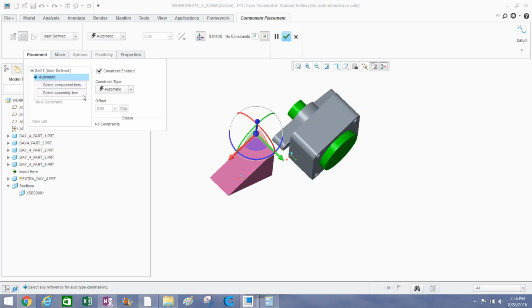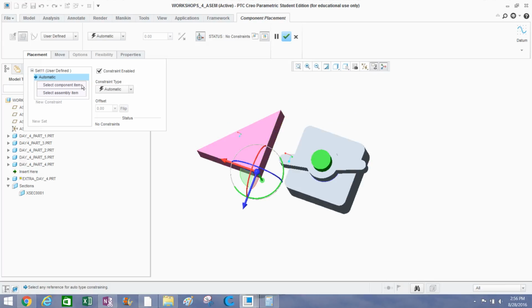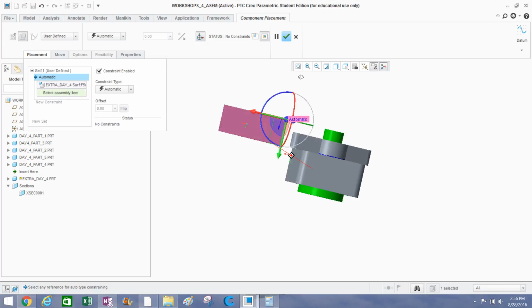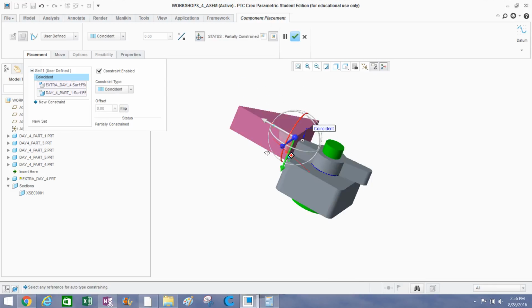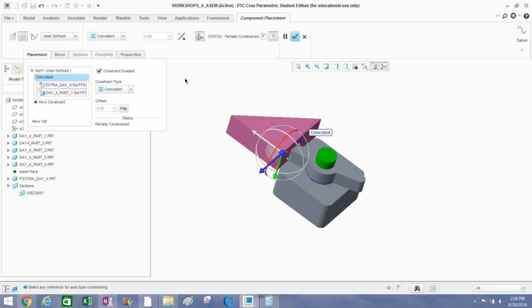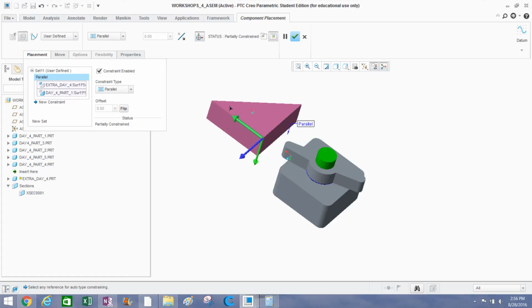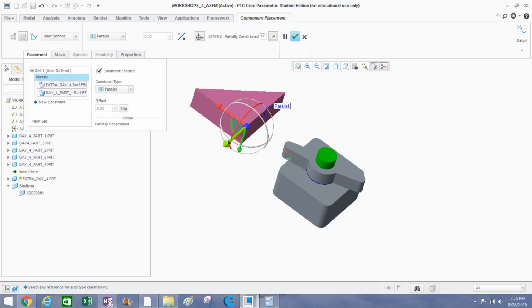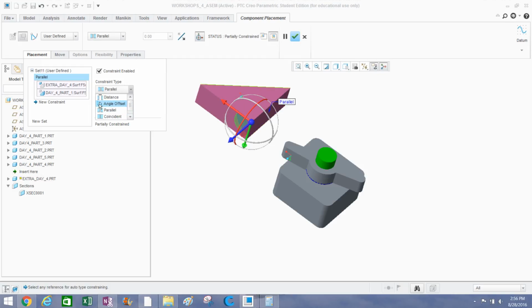So we have placement. And let me go ahead and show you what parallel does for you. If you click the surface and the second surface, you can see it automatically went to coincident, so I can't move it out. But if I change this to, let's say, parallel, now you can see I can move it any direction I want, but you'll notice I can't actually rotate it. So it won't allow me to rotate it this way or like this. You know, I wish I could point to it with my hands, so the mouse is the best I can do. So that's kind of how parallel works, and of course you can imagine if I use angle offset, all it's going to do is just change the angle. So if I make it 10,